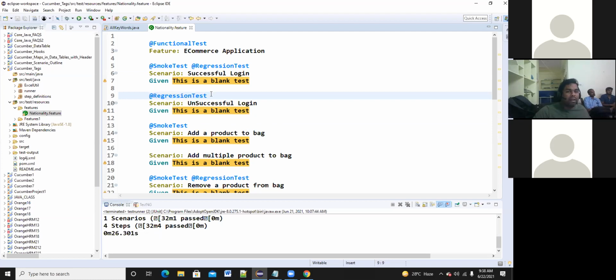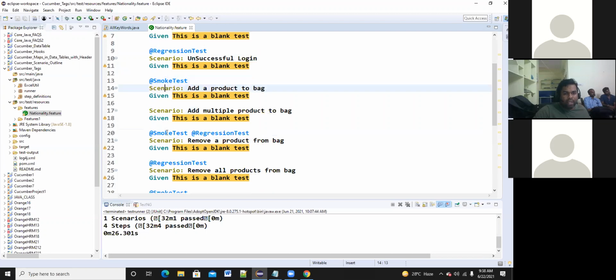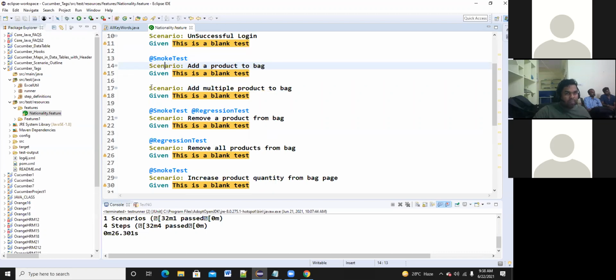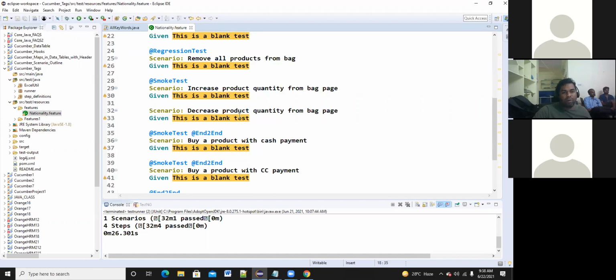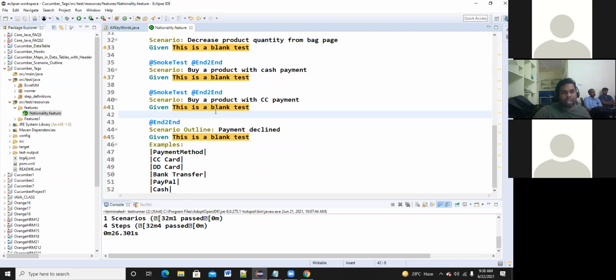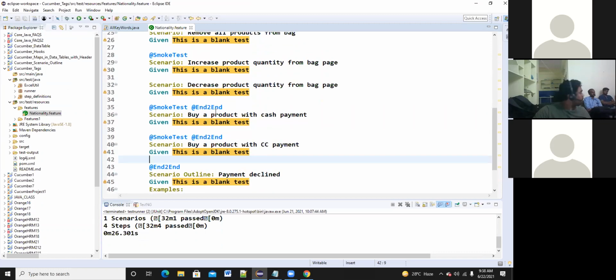You can write whatever group name you want. I have written that this feature belongs to smoke test and regression test. Like that I have specified. For some feature files I haven't specified any group. Like that I have developed my test cases here.